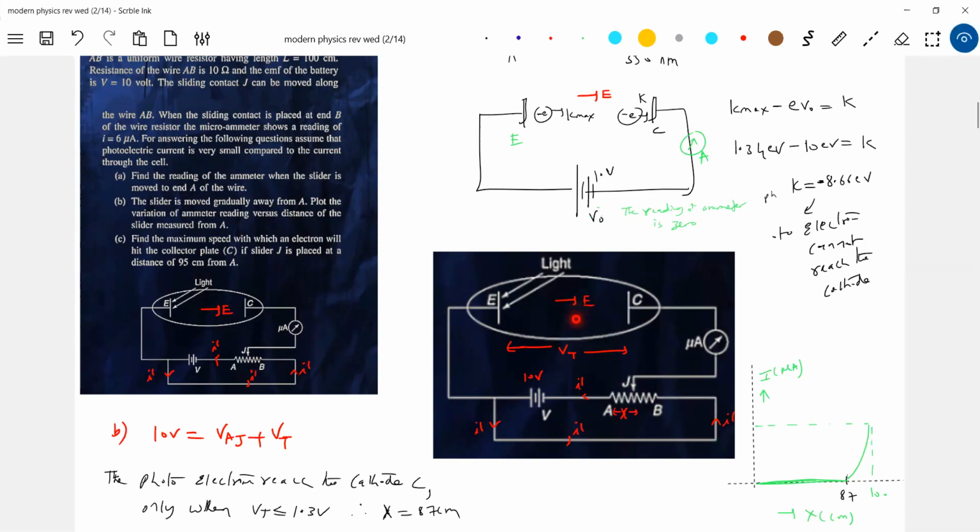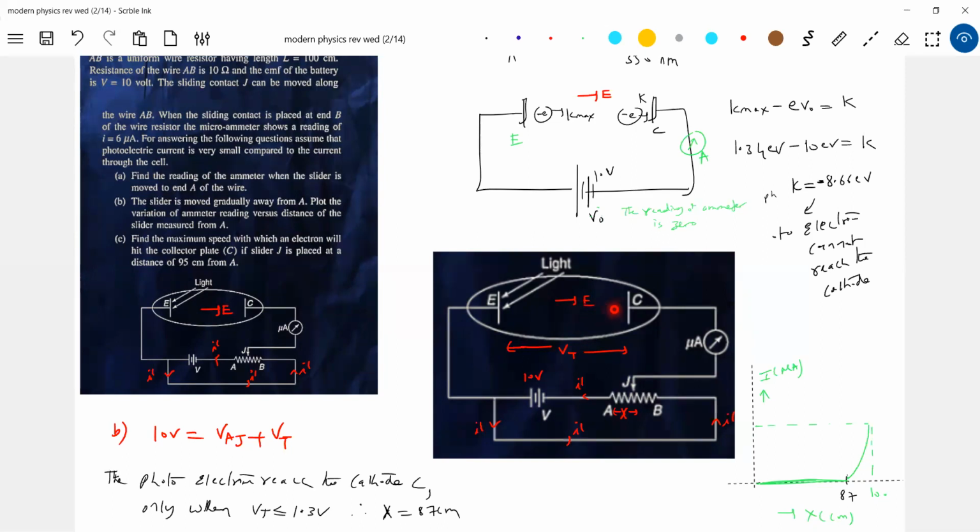Sir, can we say that the number of ejected electrons having more kinetic energy is less? If we consider kinetic energy and number of electrons, as kinetic energy increases, the number of electrons decreases. Can we accept that, sir? Yes, this particular thing will keep on decreasing here. As it keeps on decreasing, the number of electrons striking will increase. Kmax only, and other than Kmax also will start moving and they'll strike this one.